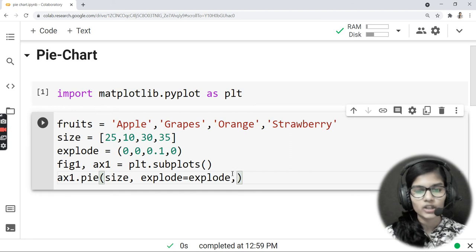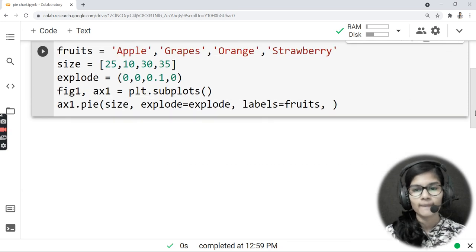Right, I put a comma here. And what about my labels? So my labels, I have stored into the variable that is fruits. So here goes fruits. So labels is equal to fruits. Right, I would put a comma again. Fine.